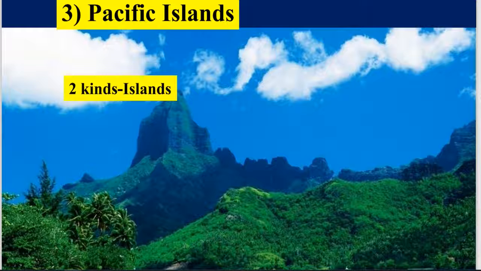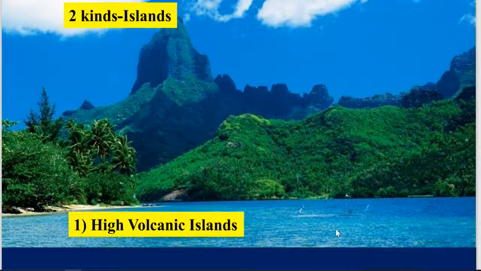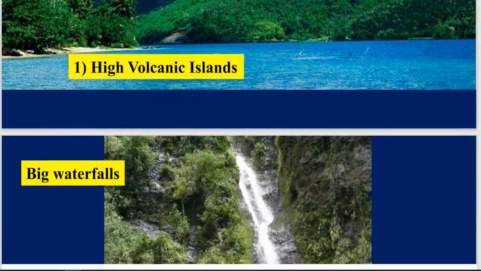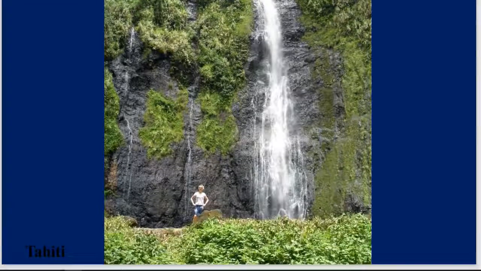Pacific Islands come in two forms, two kinds of islands: high volcanic islands like this. You see some of that with Hawaii. If you ever saw the cliffs of Nepali, where Grandma and Grandpa went years ago, fabulous, beautiful tropical forests. There are huge waterfalls, as we saw in Hawaii. Same thing, tremendous waterfalls.